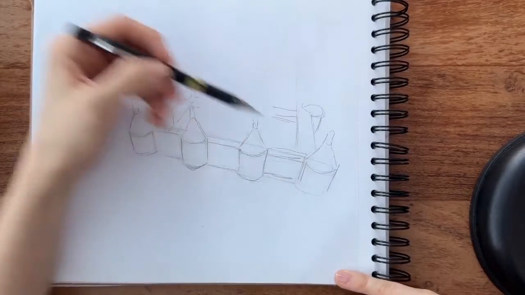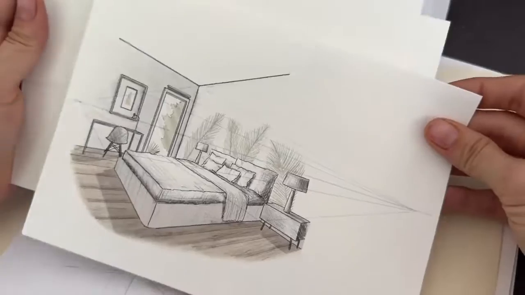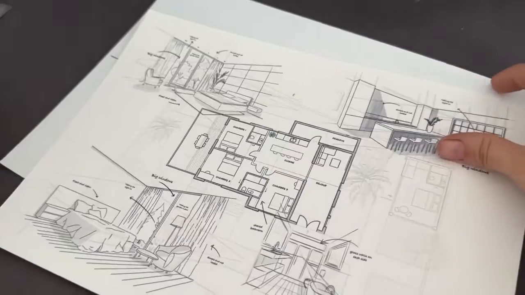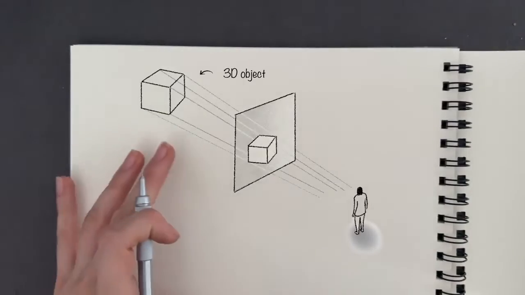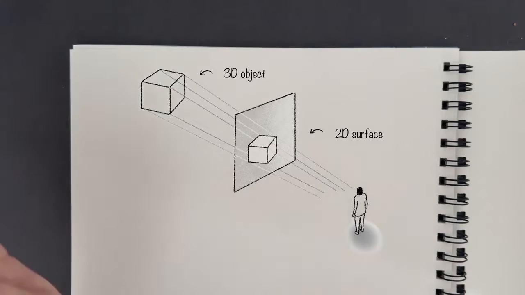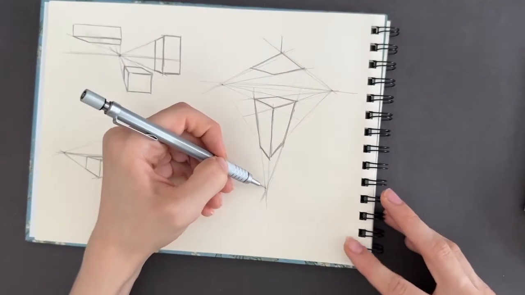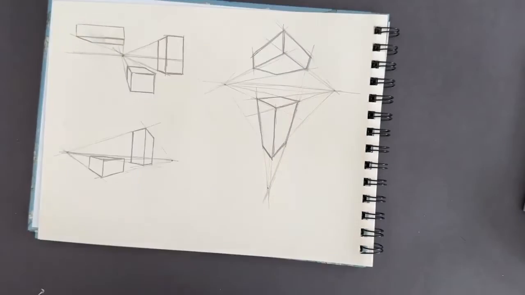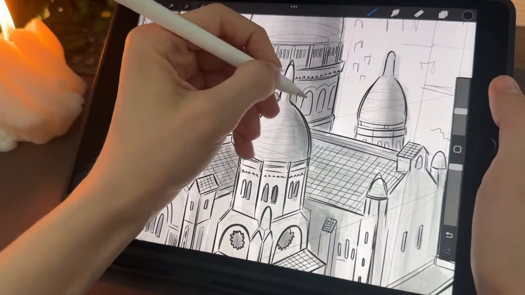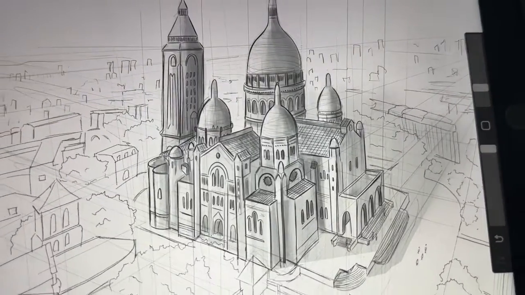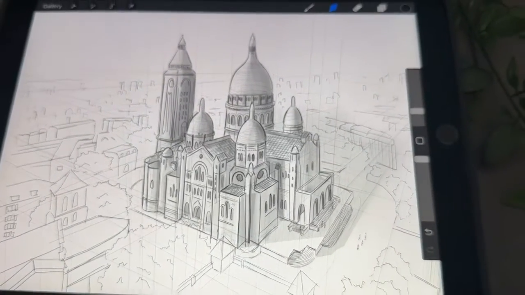So perspective is one of the fundamentals you need to understand in order to create realistic and believable scenes. This is about creating the illusion of depth by representing objects in a three-dimensional space. There are different types of perspective. I have made a lot of videos about it that I will link in the description, but in this video I will talk only about 3-point perspective because this is the one that can help you create dramatic scenes, emphasize dramatic angles, and extreme foreshortening.